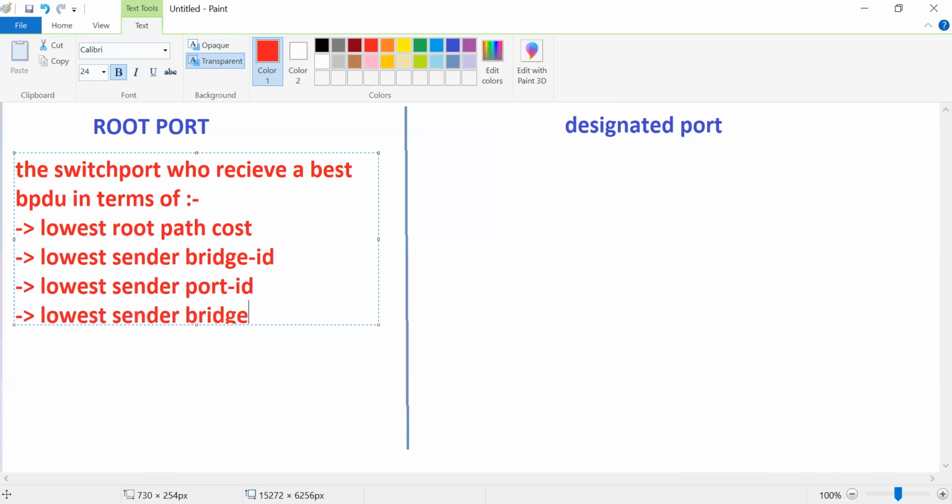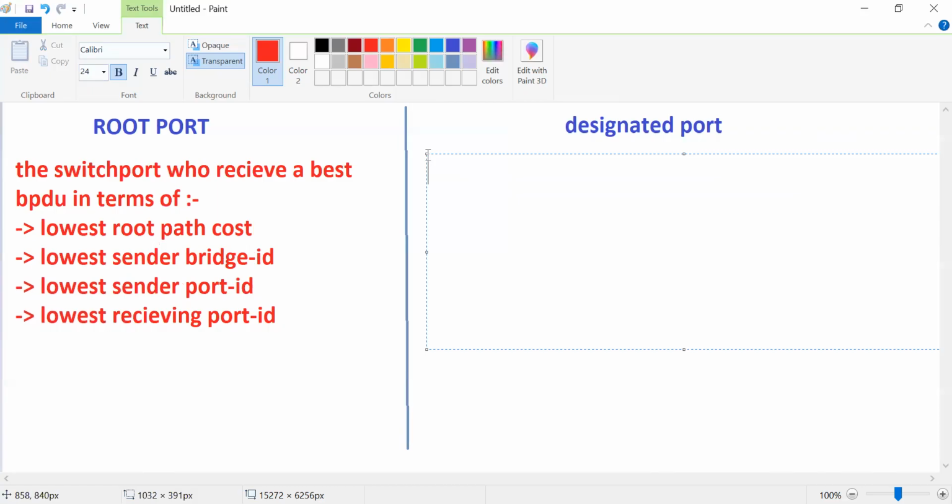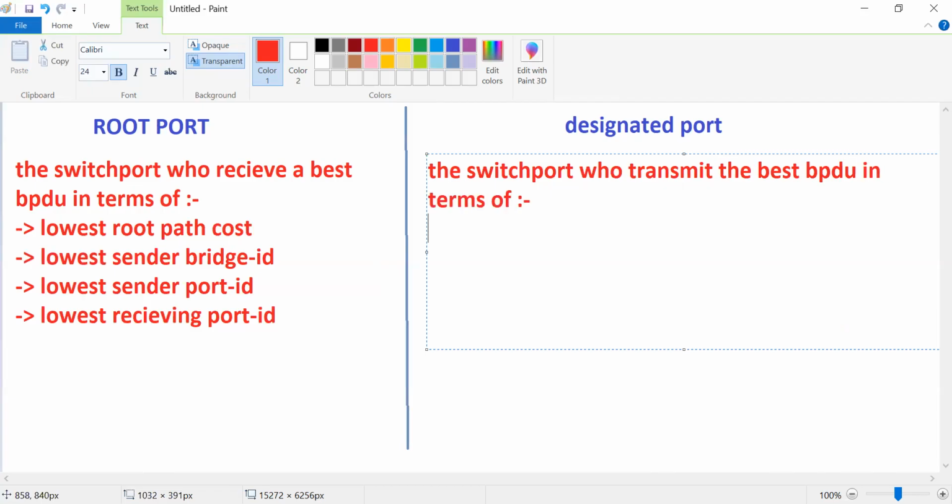Lowest sender, receiver port ID. The switch port who transmits the best BPDU, okay, right? Yeah. In terms of